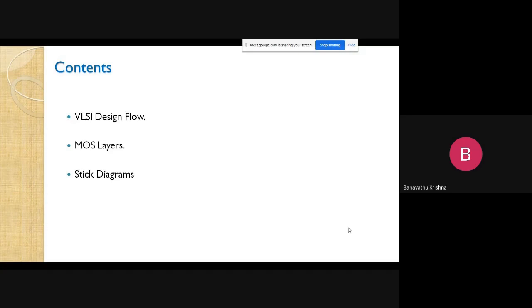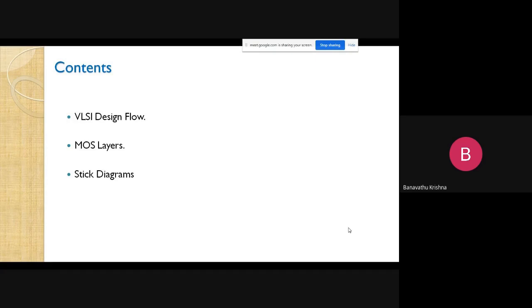The next one is the metal layer, to make the connections, the contact cuts. These are the basic layers we need to develop our stick diagram and layout diagram for basic gates and basic devices.